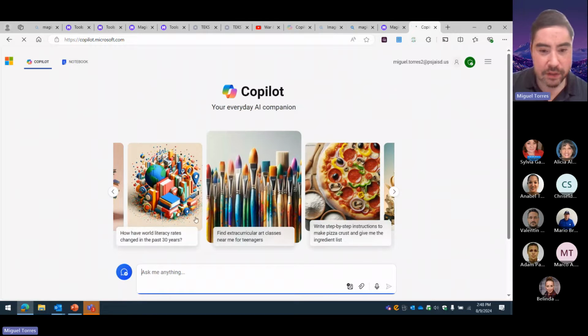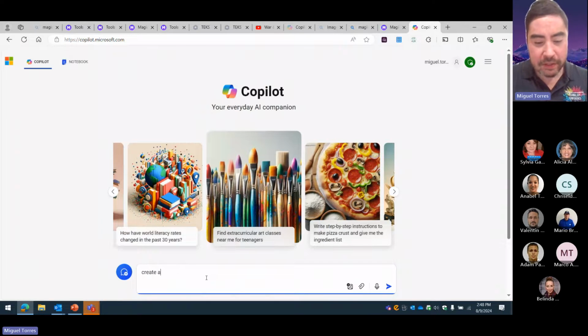So Copilot is basically almost like a search engine. Let's just go ahead, for the sake of time, and say, let's make a lesson plan. I'm going to say, create a lesson plan that is 45 minutes long for 8th grade students